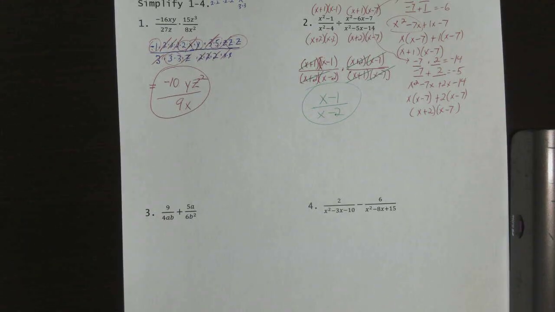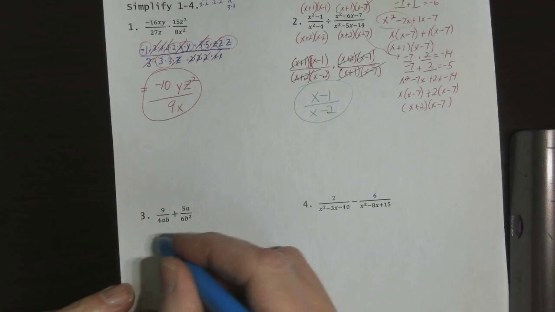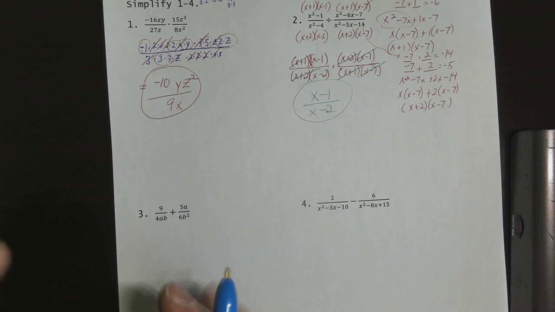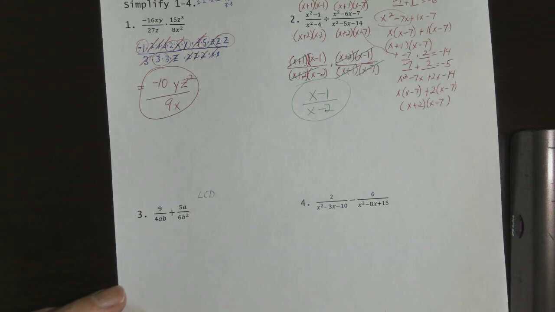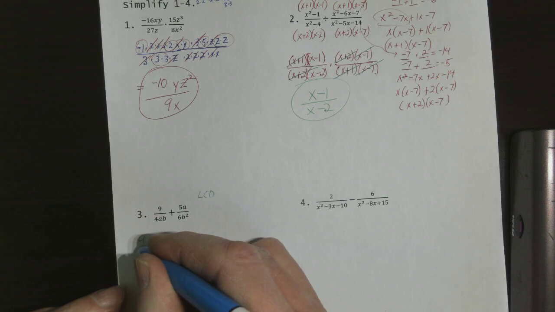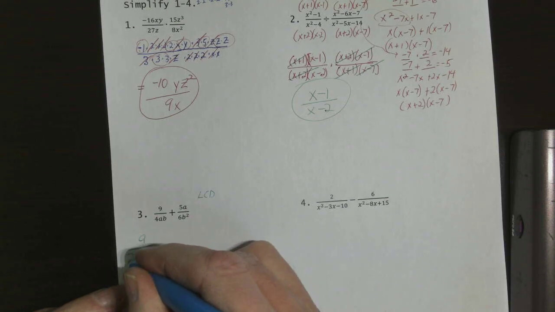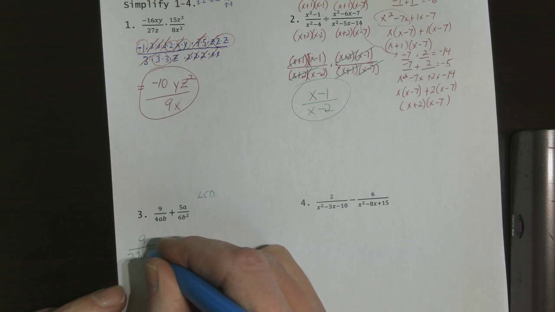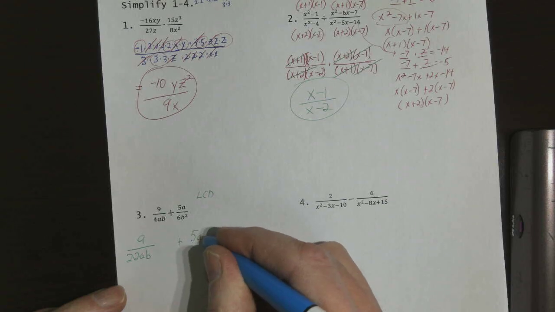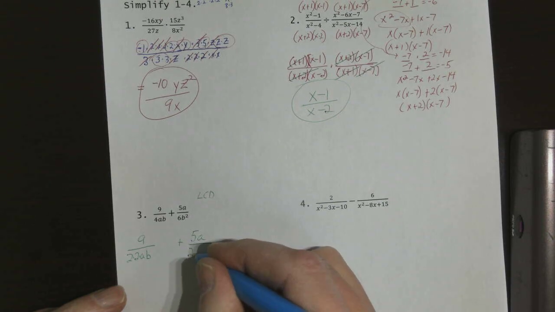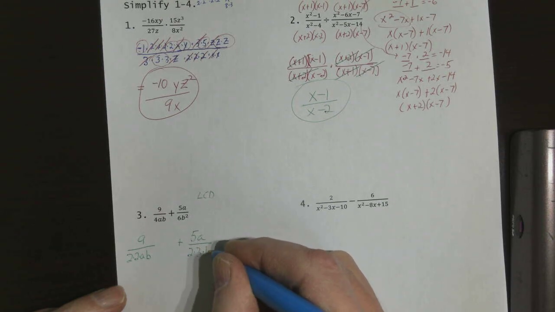All right. This is addition. I need the least common denominator when I'm doing this one. So I'm going to go 9 over 2 times 2. I'm going to do the prime factorization of the denominator. 5a over 2 times 3 times b,